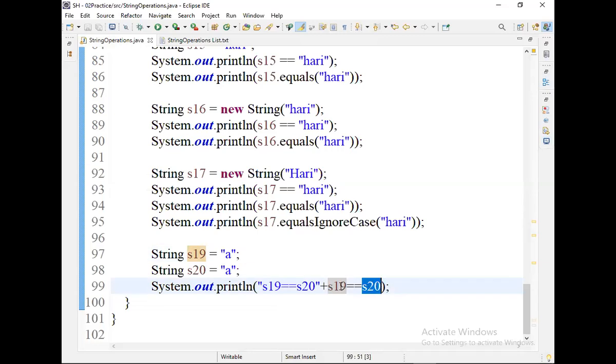S19 A, S20 A, both literals are same, reference is same, so you are telling true. And what about this? This is the text before, who will consider? So that's why I told you work like Arjuna, don't work like Bhima. Concentrate on the complete statement.